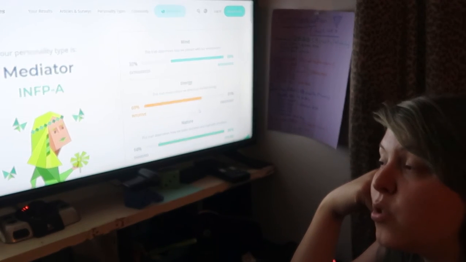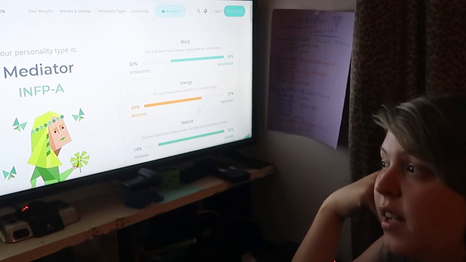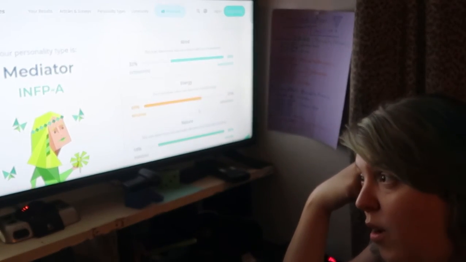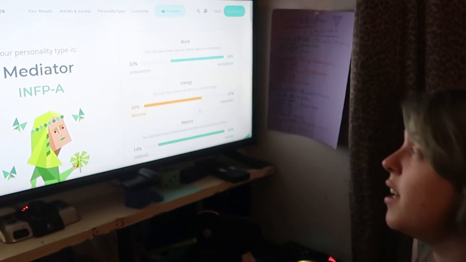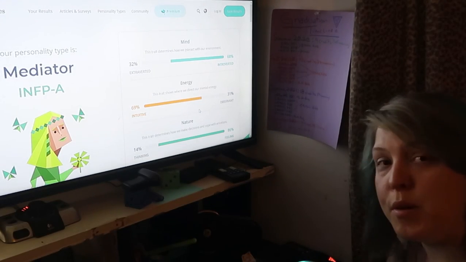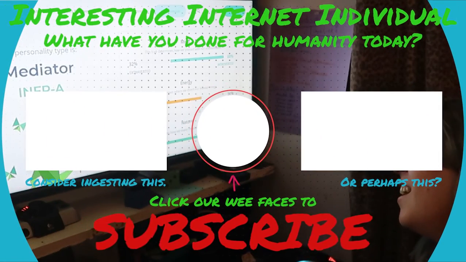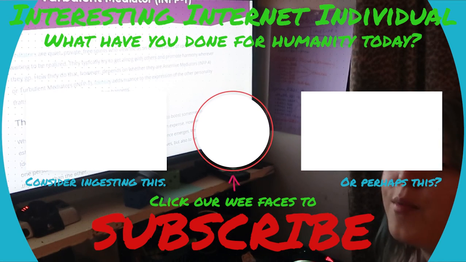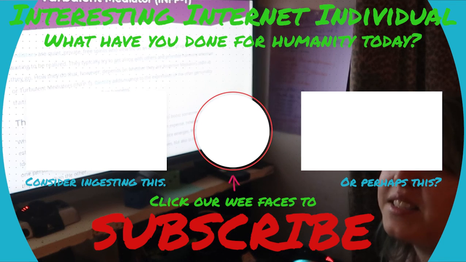It is a beautiful day, but it's also like 90 degrees, so it's miserable for a human to be outside. It's 90 degrees and like 90% humidity. Why am I bitching about the weather during a personality type? Give me a personality type that tells me whether or not I'm going to bitch about the weather. Yeah, there you go, there's my personality. I'm an INFP-A. I'm an assertive-ass INFP.